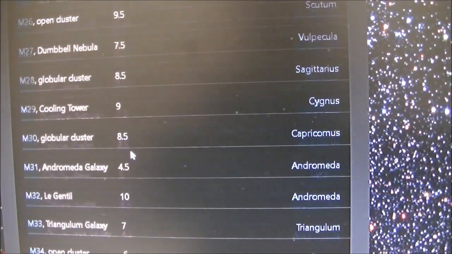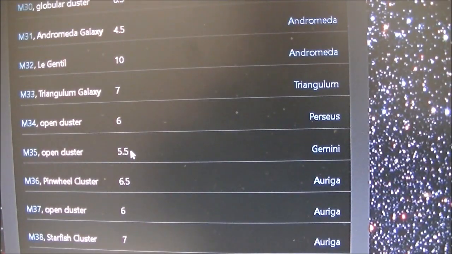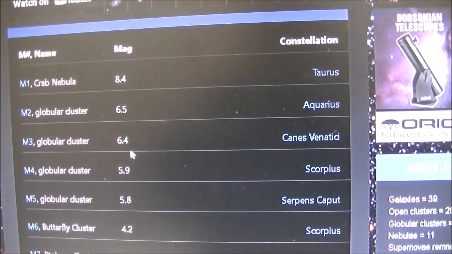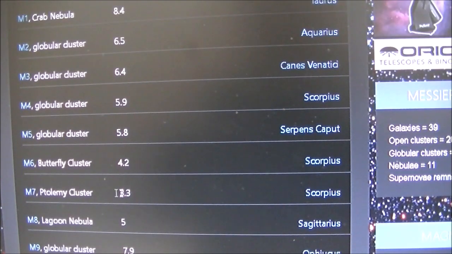So what does it mean? The higher number you won't see by naked eye. 8.4, M1, is not visible by naked eye. We can see by naked eye up to 5 magnitude. The higher number is not visible. The lower number, better. For example,